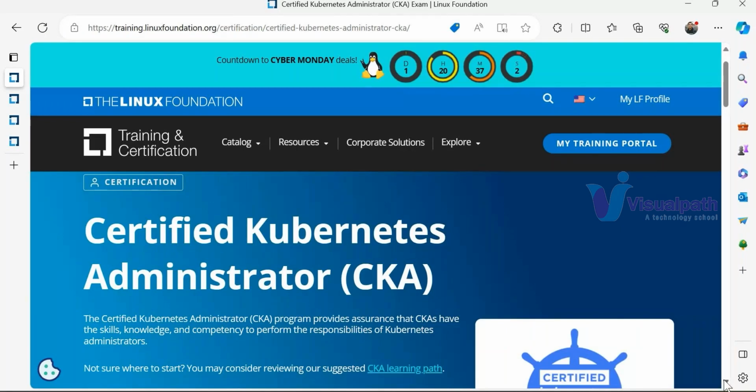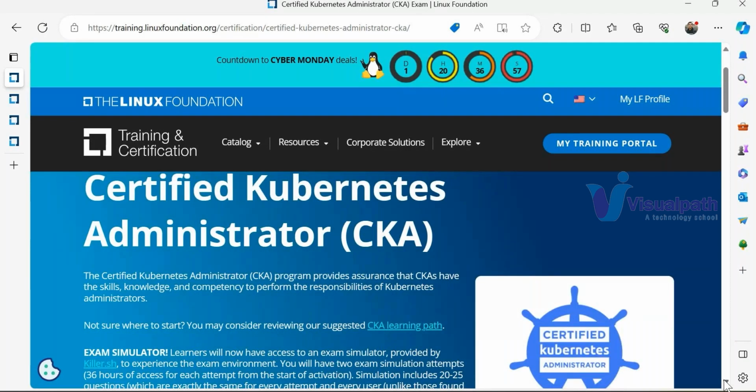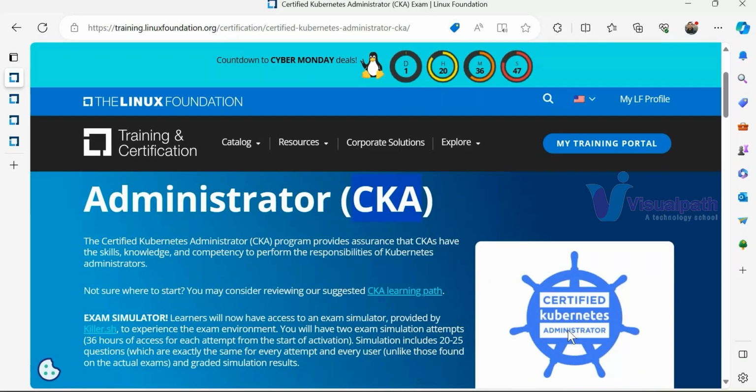This is the latest thing, and we also upgrade our course curriculum, or the courseware, based on this certification. So basically, this is Certified Kubernetes Administrator, and normally we say CKA as a shortcut. This is the logo. If you are certified, you will be certified directly from the Linux Foundation, who is managing this. Basically, it's a CNCF organization, Cloud Native Computing Foundation.